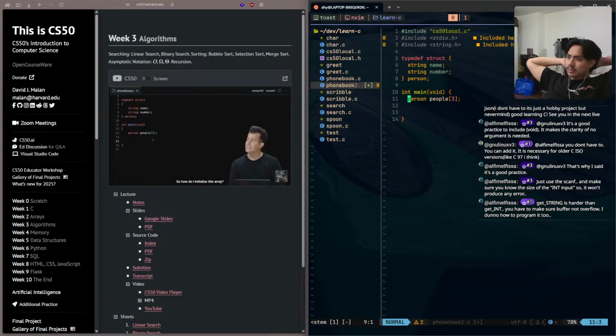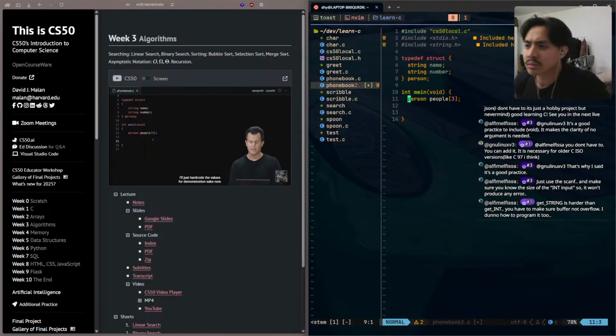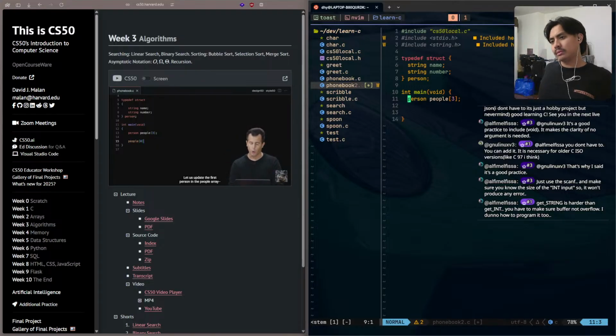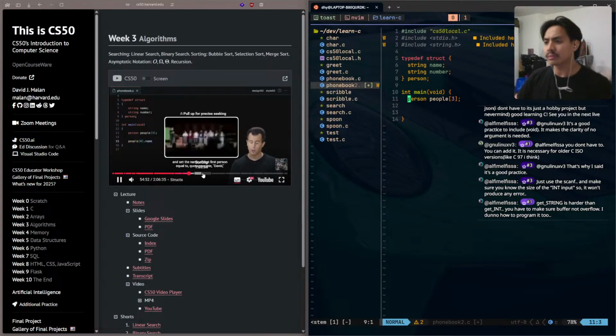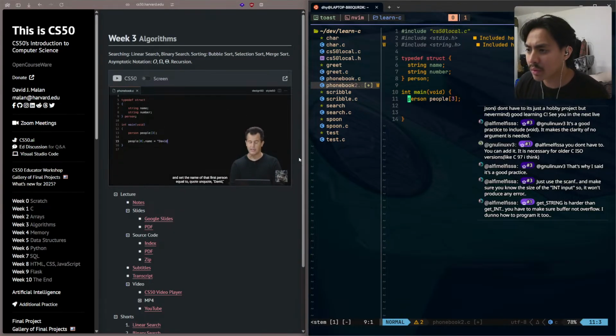So how do I initialize this array? It's not as simple as just using getString once. I clearly need to use it twice, but I won't even do that. I'll just hard code the values for demonstration's sake now. Let us update the first person in the people array. So this is week 2 syntax, and set the name of that first person equal to quote unquote David, semicolon. Then in that same person structure, go into their number field and set that equal to +1